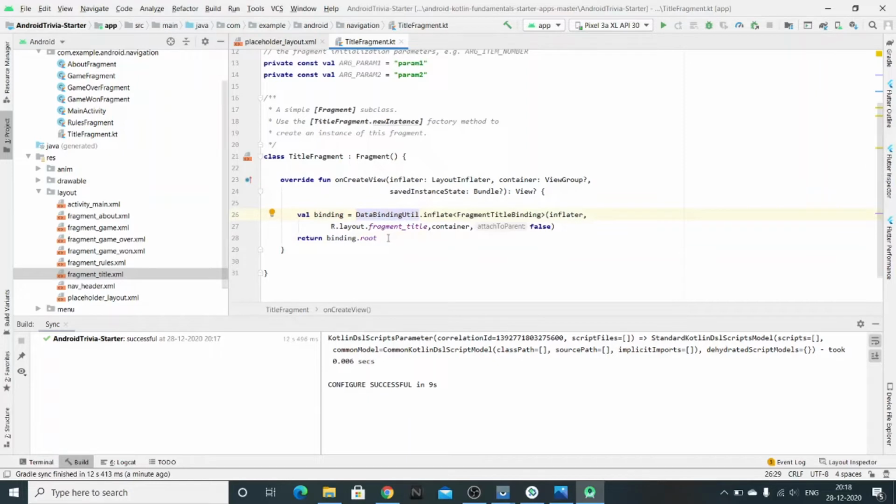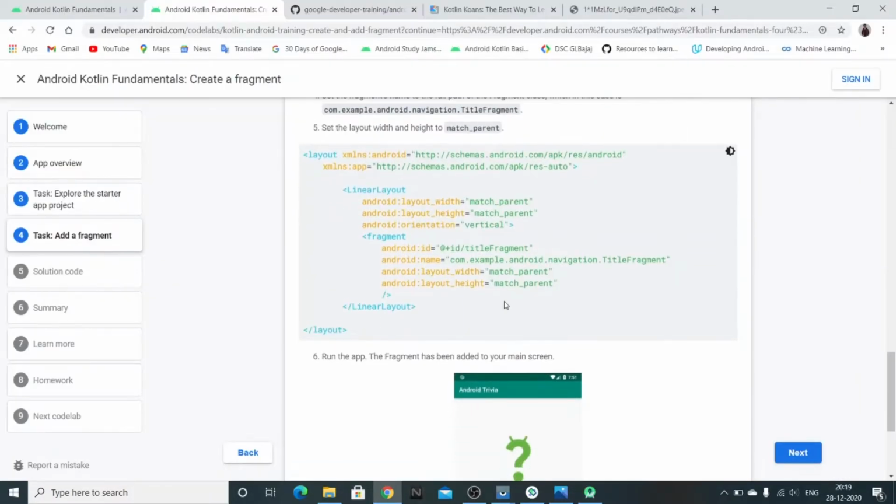These packages are already imported. Here you can see we have a val binding. I told you in earlier sessions that what binding does is bind all your views together, and then you can use your views using this binding variable, followed by the ID that you gave to your views. Now let's move on with this code lab.